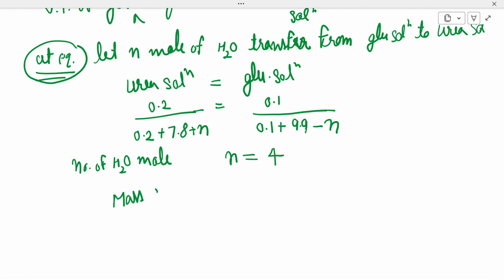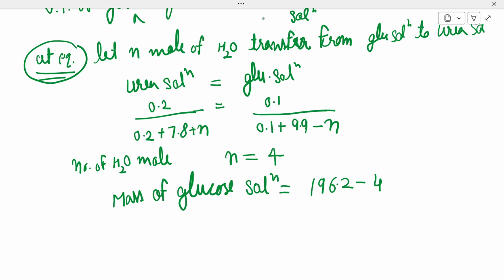So what is n? N is actually the number of H2O water moles which transfer from glucose solution to urea solution. Now we can calculate the mass of glucose solution. That is the previous mass of glucose solution, 196.2, minus the